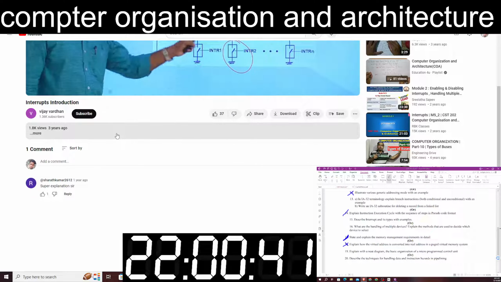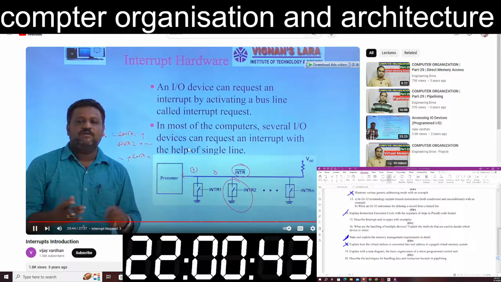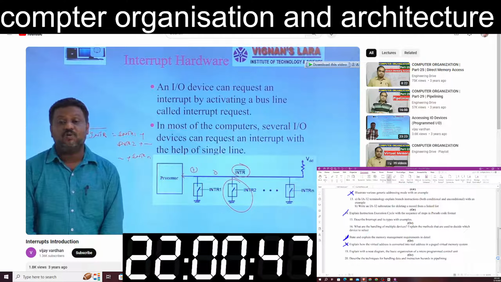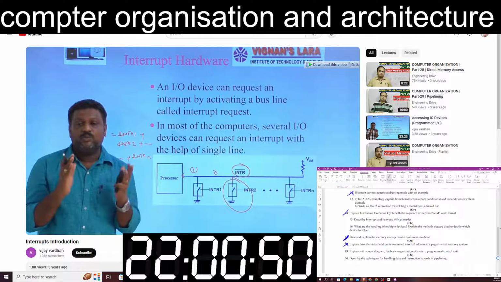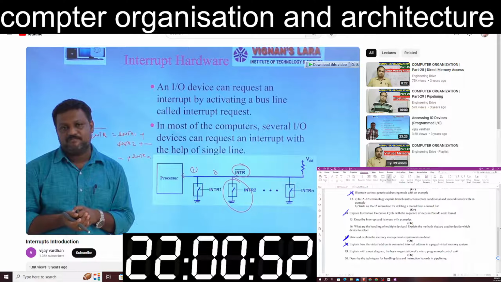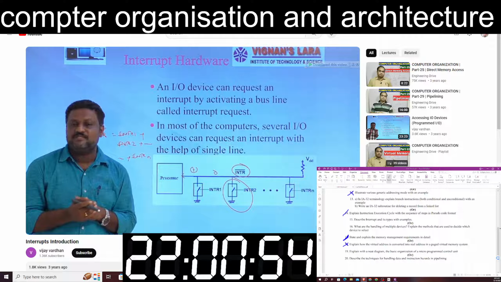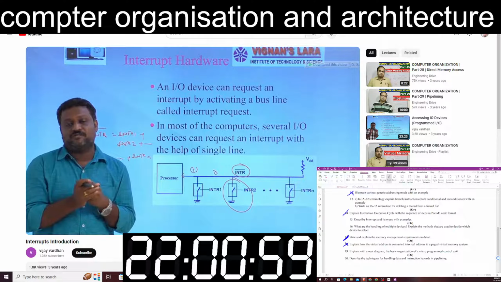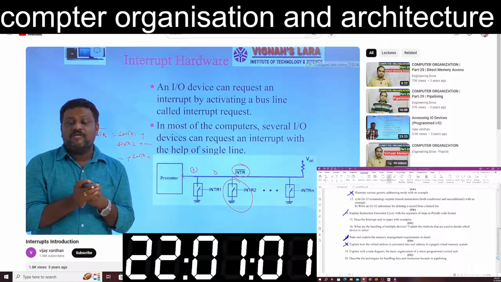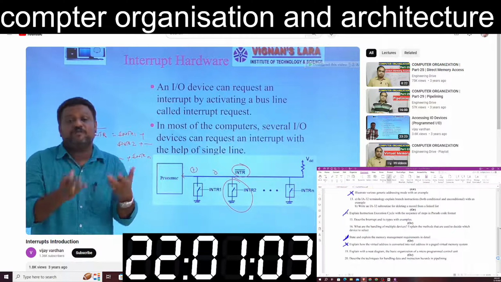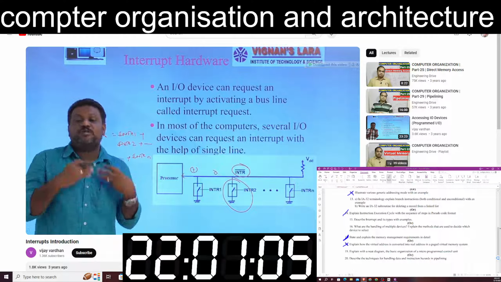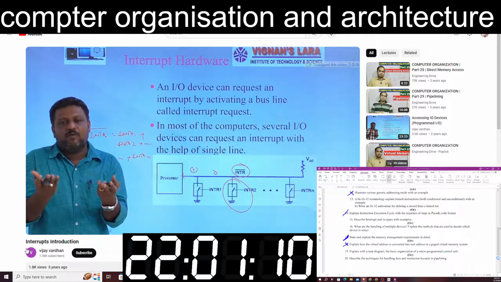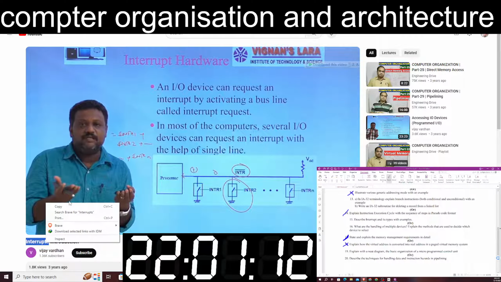So here only one device sends a request, it easily identifies that only that device sent a request. If you have multiple devices sending a request signal, then how can your CPU recognize which device sent its request? But one thing you have to remember, friends, that is whenever a device gets a service from the processor, or whenever the device gets a response from the processor, that means once your processor is going to provide a service for any request, it issues an acknowledgement signal. Once a device receives that acknowledgement signal, then and